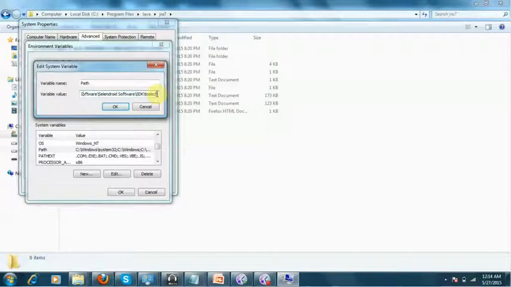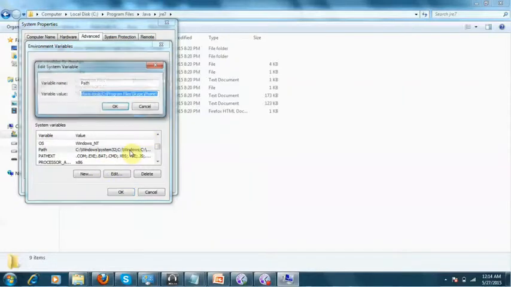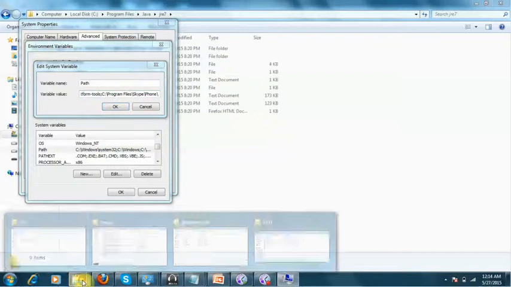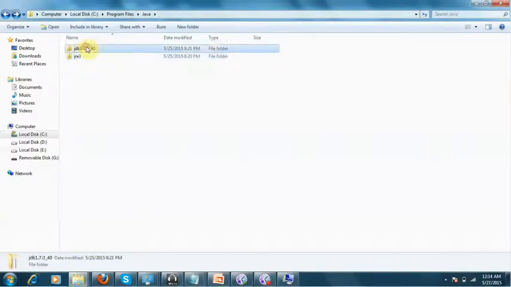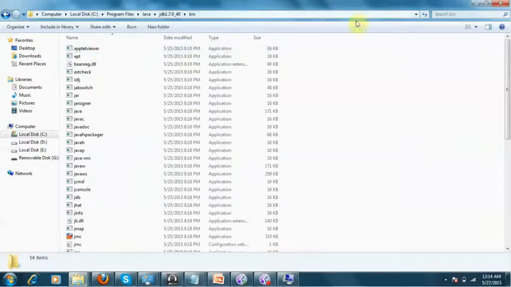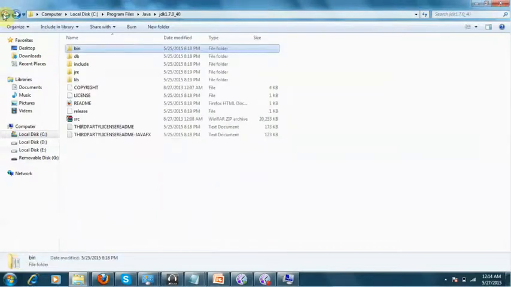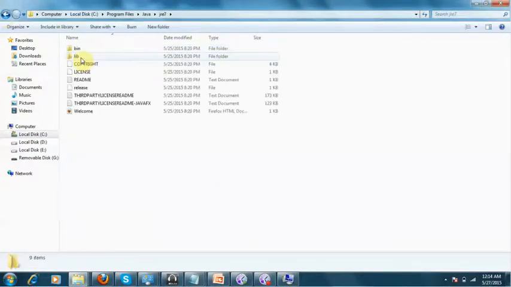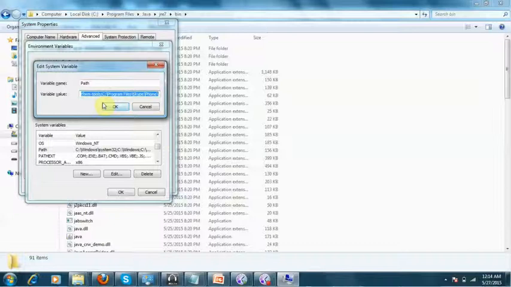Now the fifth and last step is we have to provide another two paths over here. Don't close it. Open the program files over here. Come to the JDK, click on this bin and copy this particular path, and then come to the JRE, click on this bin folder and copy this path, and paste these two paths under this variable value